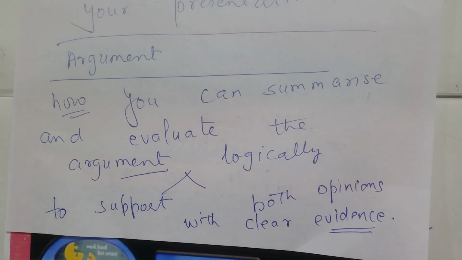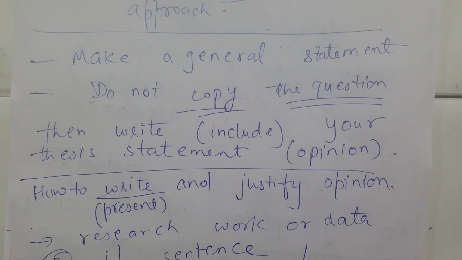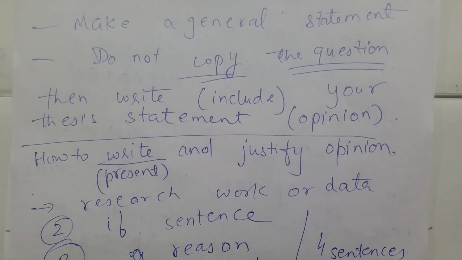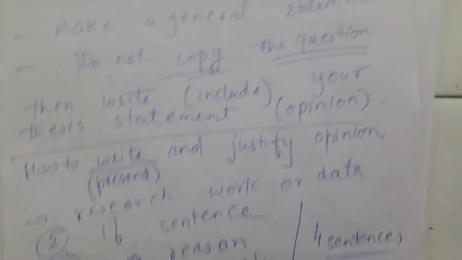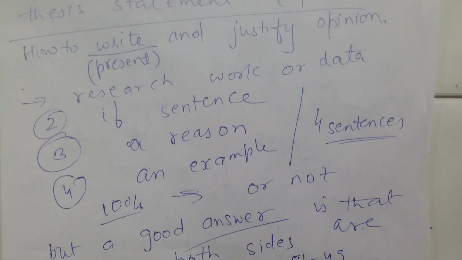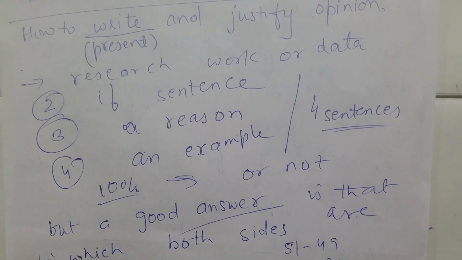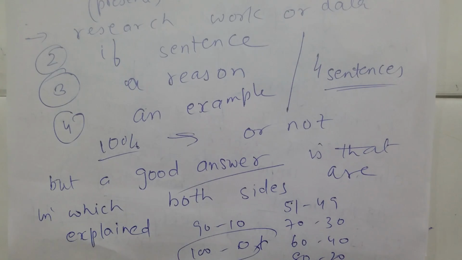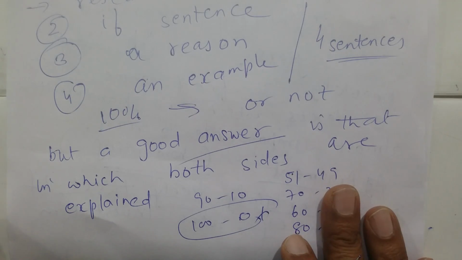अब हम लोग आगे जाते हैं पेज नंबर 4, पेज 4 पे इंट्रोडक्शन जो भी लिखनी है एक जनरल स्टेटमेंट बनाओ, क्वेश्चन को कॉपी मत करो और अपनी थीसिस स्टेटमेंट, ओपिनियन, राइट। अब आप राइट और जस्टिफाई कैसे कर सकते हो, डेटा दो, रिसर्च वर्क करो, राइट उसका लिखो, इफ वाला सेंटेंस लिख दो, एक रीजन दे दो, एन एग्जाम्पल दे दो, 4 आपके सेंटेंसेस बन जाते हैं। अब ये आ जाता है क्या मैं 100% एग्री हो जाऊं या नहीं। अच्छा आंसर वो है जो दोनों तरफ चलता है, इसलिए मैंने परसेंटेज लिख दी। कोई भी परसेंटेज मेंटेन करो, अपने माइंड के अकॉर्डिंग करो, एक अच्छा आंसर बनाओ।